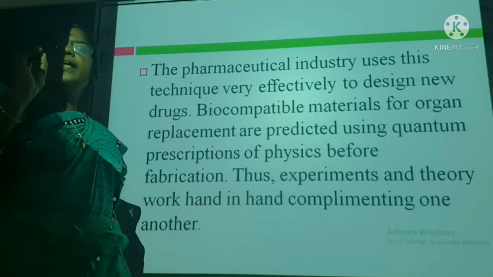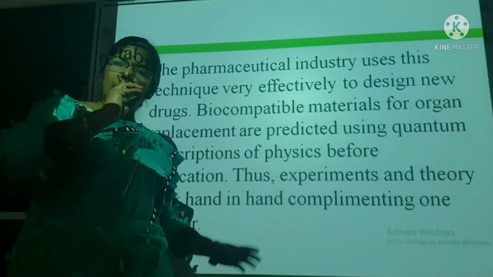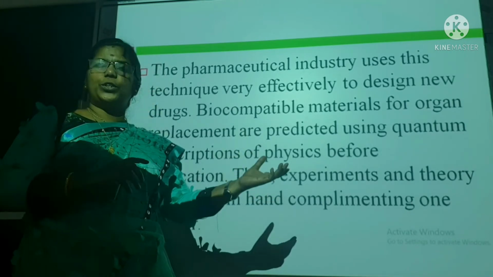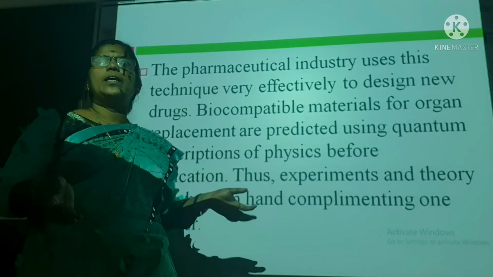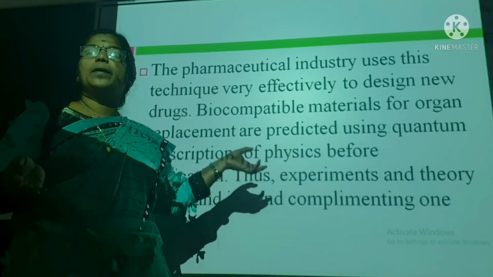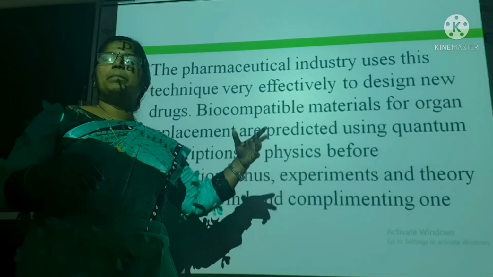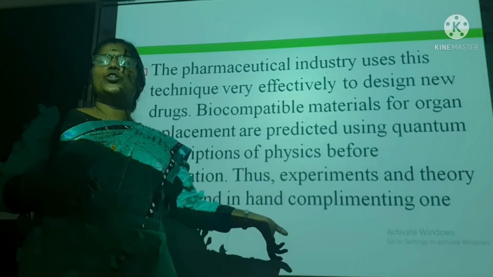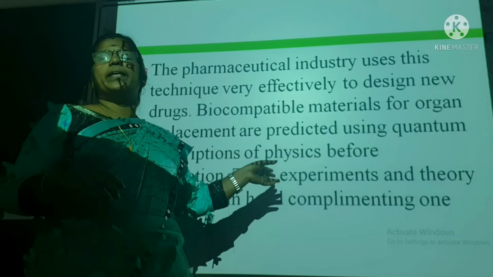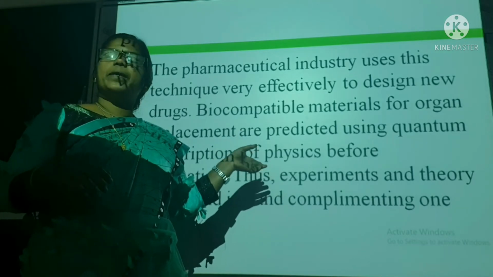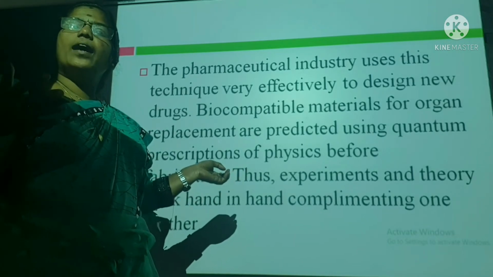The physicists will predict this material can be suitable for making organs artificially by studying the basic properties of the material quantum mechanically. Then experiments will be done on that, and based on that the material can be chosen for organ